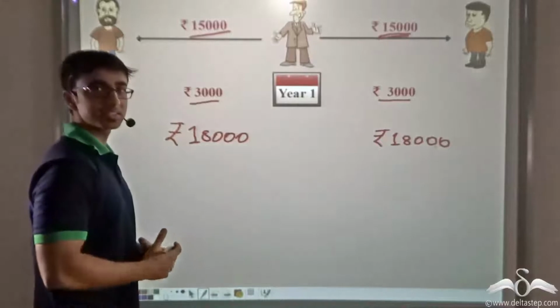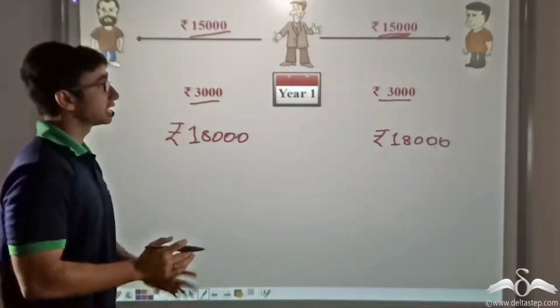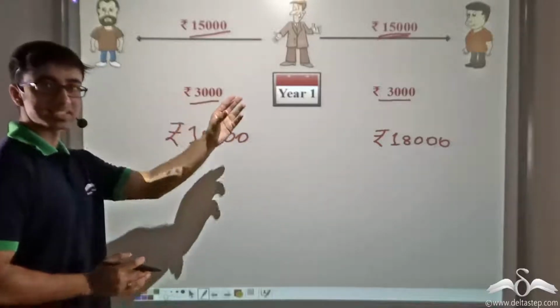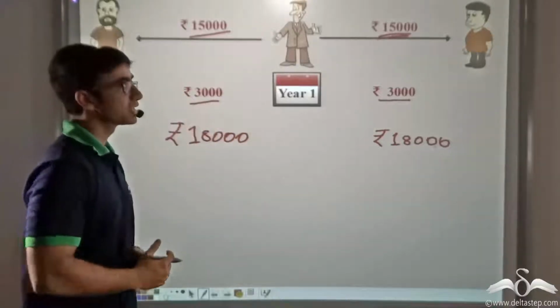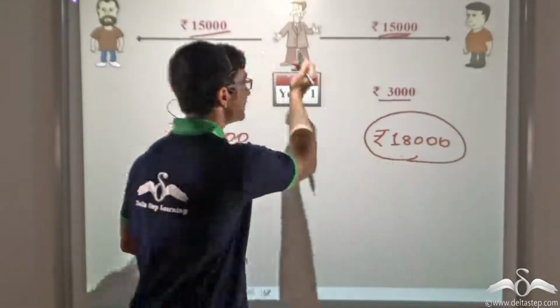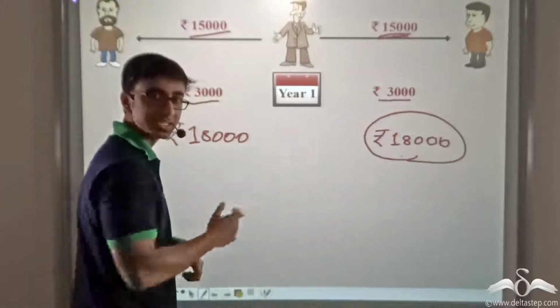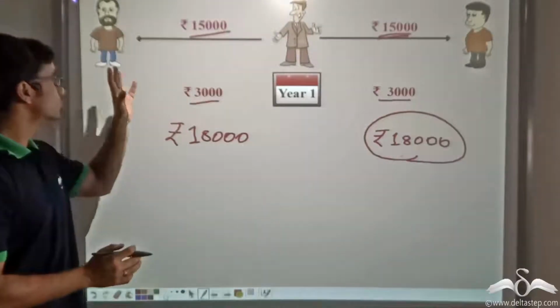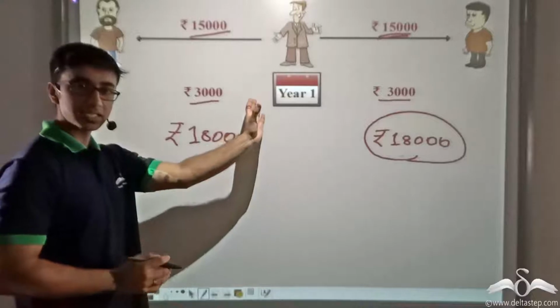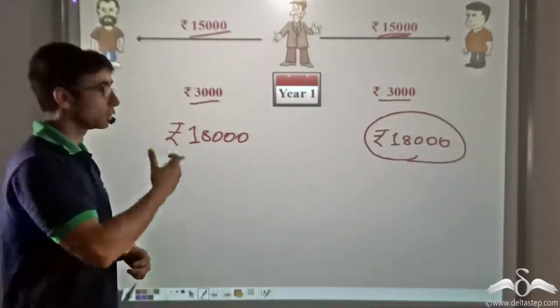So 18,000 is the total money being paid back at the end of first year. Now, what is happening in both the cases is slightly different. Shekhar is not returning this money immediately back to Narayan. Instead, he is keeping it for the second year. Whereas Sundar returned the money to Narayan, but on the same day found himself in another difficulty, which is why